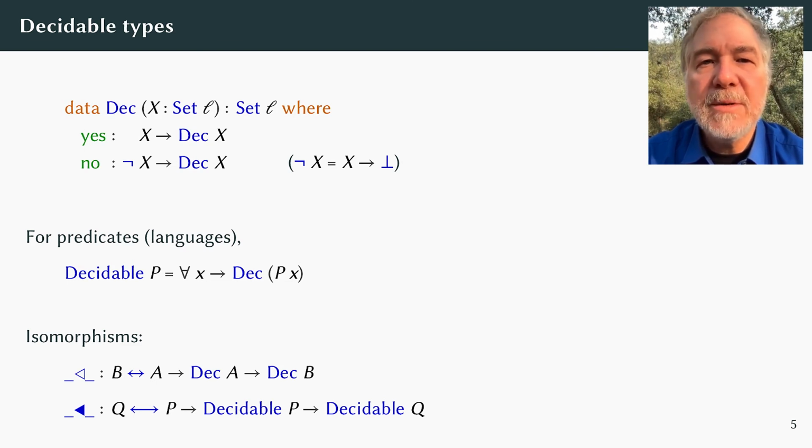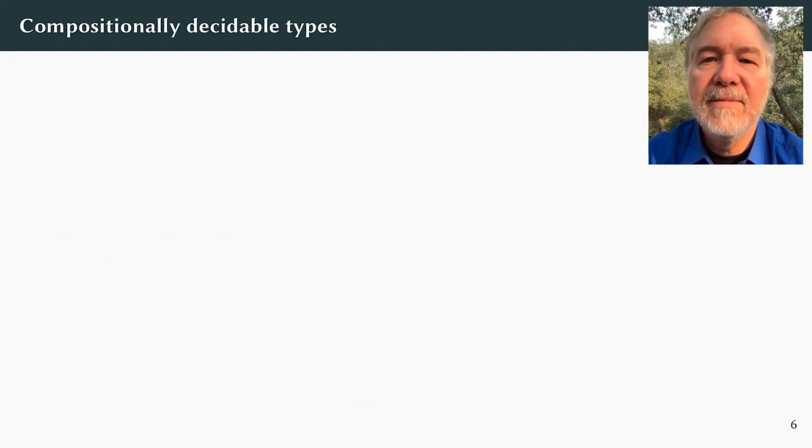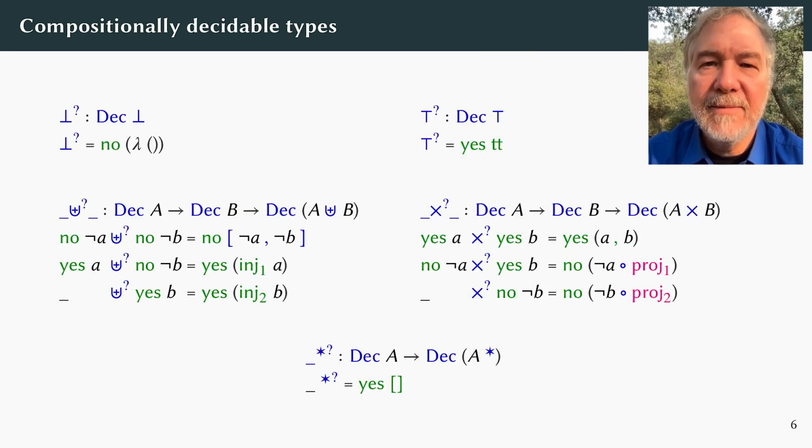If two types are isomorphic, then a decision for one suffices to decide the other, since evidence of each can be mapped to evidence of the other. Likewise for extensionally isomorphic predicates. While we cannot possibly decide all predicates, we can decide some of them, and we can do so compositionally. Together with the isomorphism deciders from the previous slide, these compositional deciders cover all of the constructions appearing in the